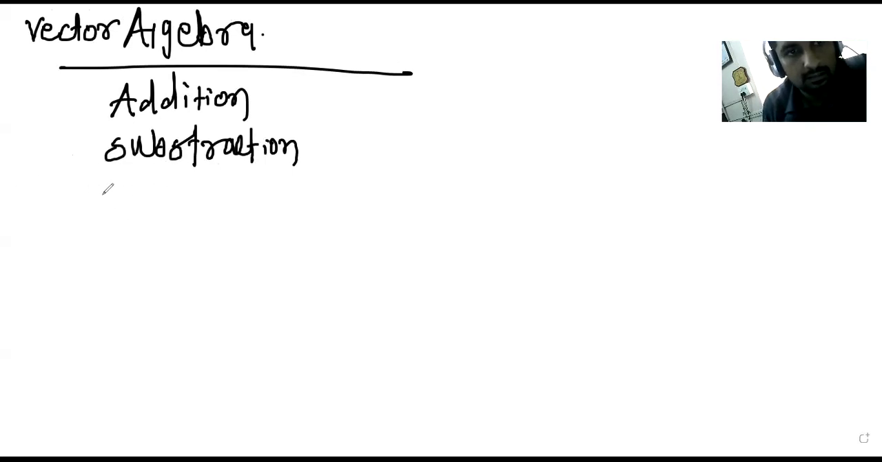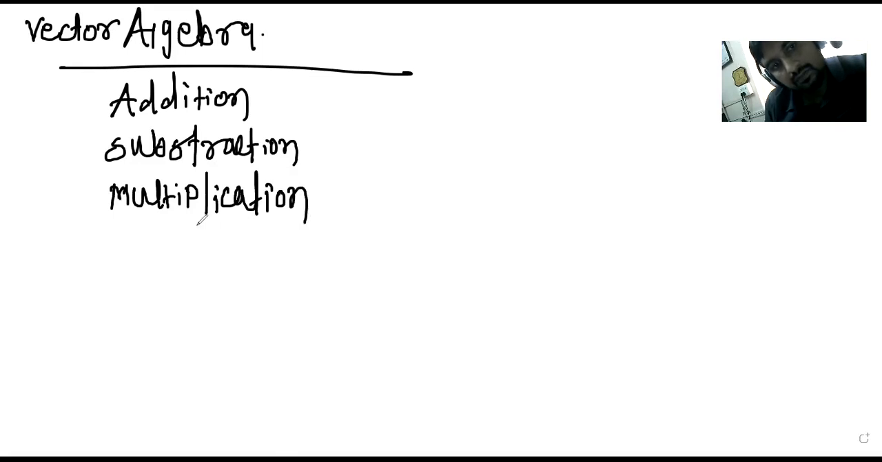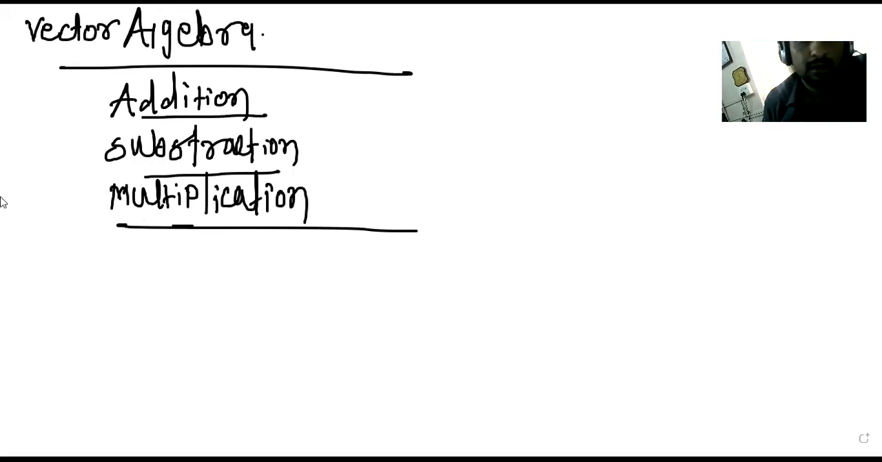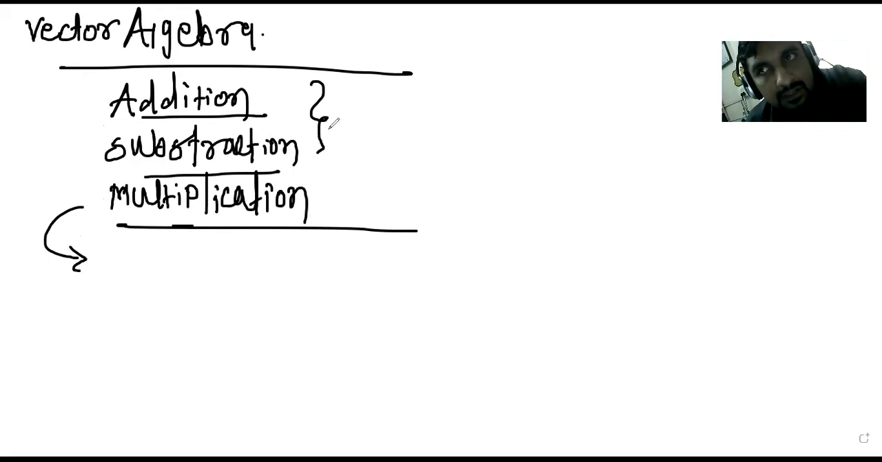Then you can say vector multiplication. So we are going to see all those operations one by one. Basically this part is a little bit different from the first two parts. In the first two parts we treat the coefficients directly, right? So for example, if I consider vector addition,